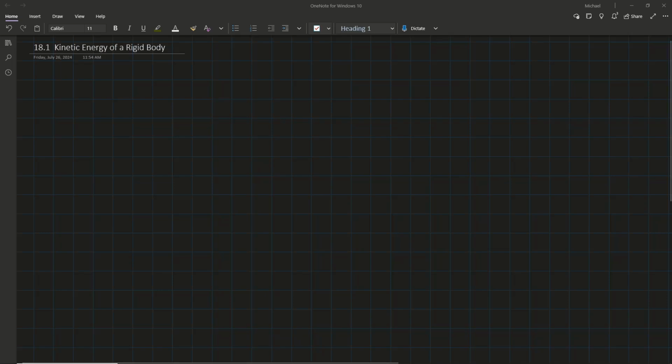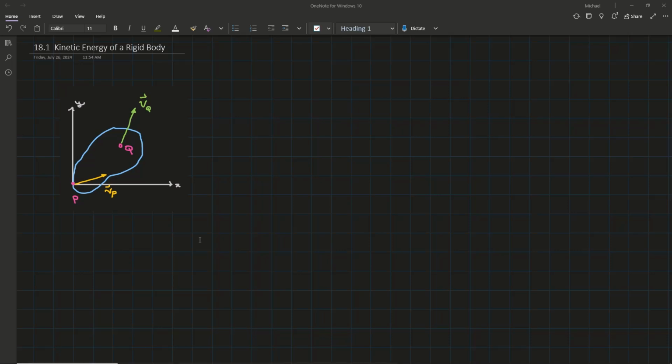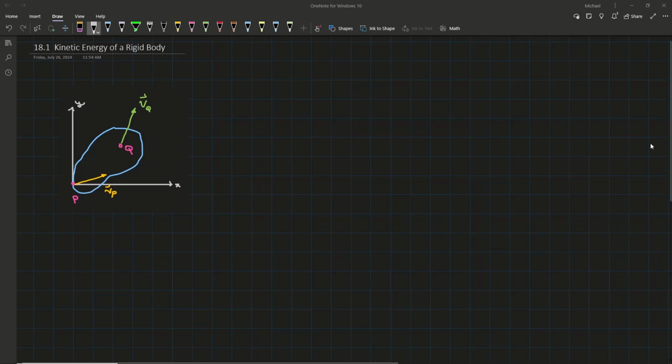Okay, I'd like to talk a little bit about the kinetic energy of a rigid body. Say I have this body here represented in blue, moving through xy space. We have a velocity at P and a velocity at Q, so this body is in general plane motion here. Well, we can define a kinetic energy, T equals 1/2 mv squared, and for m, let's